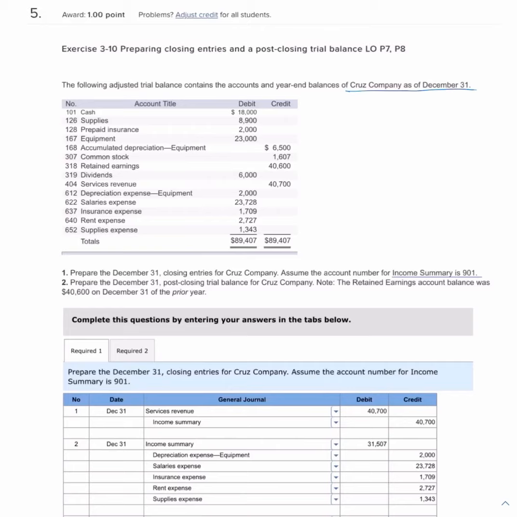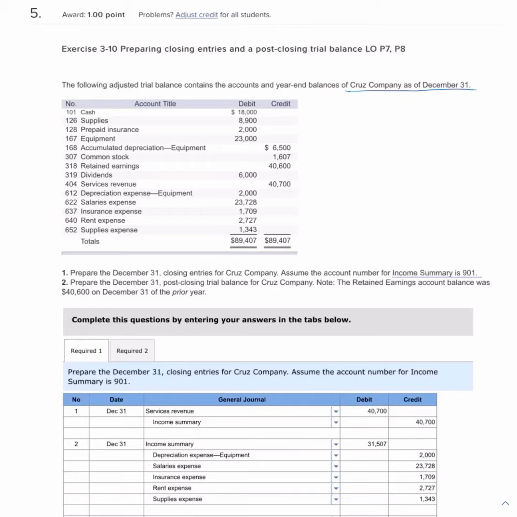So wait, what do you mean? So, if you would normally increase an expense account with a debit, to close that expense account, you must credit the expense account. If you would normally increase a revenue account with a credit, then you must debit the revenue account to close it. So we will see that happen in this question, and in this textbook, and in most